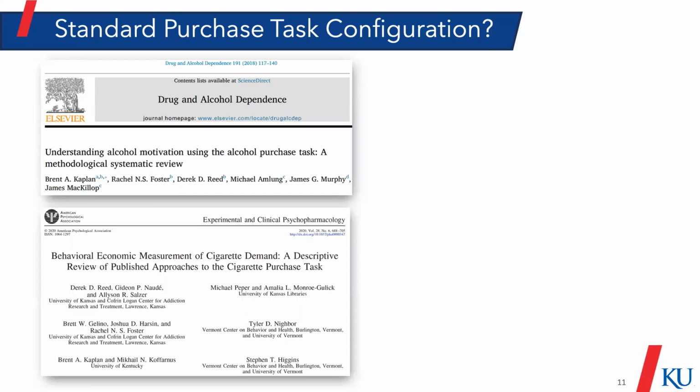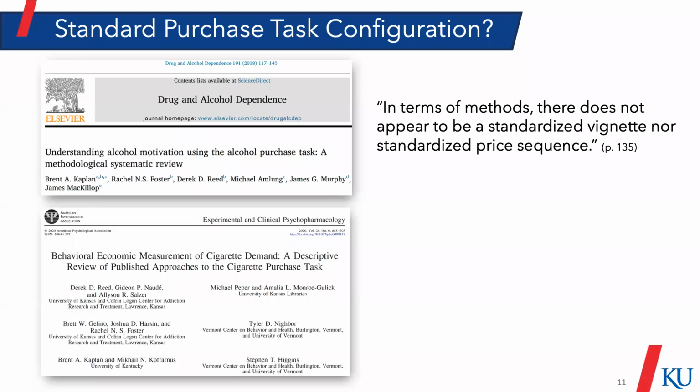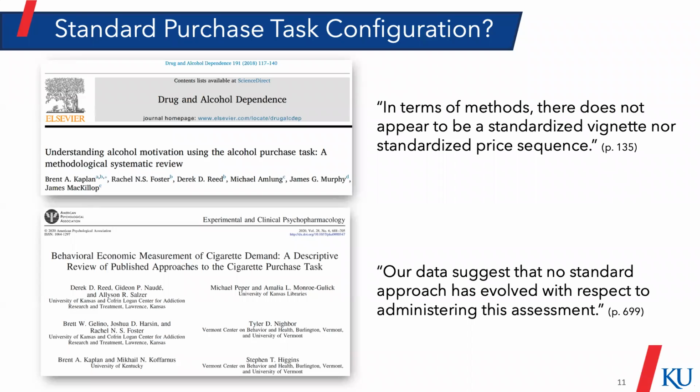So you may be asking, as somebody who might be new to this field, is there a standard purchase task configuration that I can use if I'm trying to add this to my battery of assessments in my study, or if I'm trying to implement it in more of a primary care or a treatment setting? And as the authors of these papers will tell you, unfortunately, there is not a standardized purchase task. So Brent Kaplan wrote, in terms of methods, there does not appear to be a standardized vignette nor standardized price sequence. And then Derek, in his paper, wrote: our data suggests that no standard approach has evolved with respect